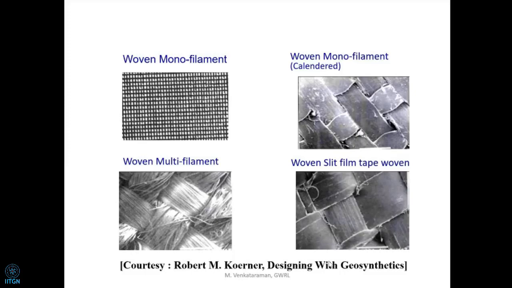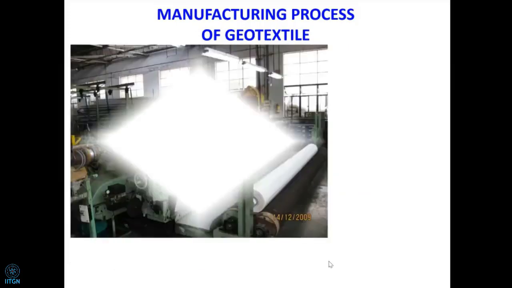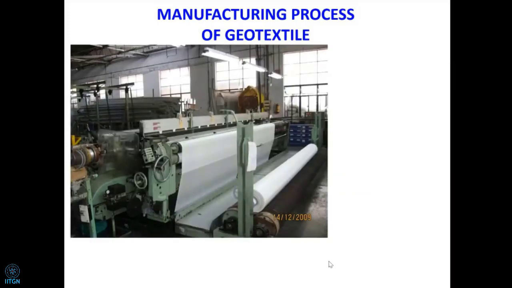Basically, these materials are polymer materials extruded as a fine element, then made into a yarn, twisted, and then put in a weaving machine, where they are woven like any cloth. Because the process in which they are made is a weaving process, they are called woven textiles. Okay? And this is how fabrics of a very large width, maximum 5 meters, are made.